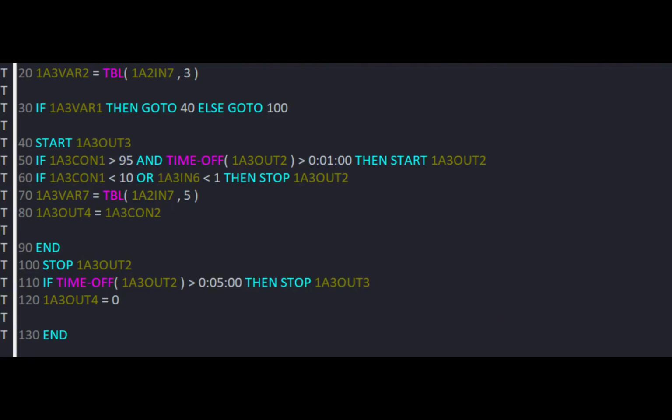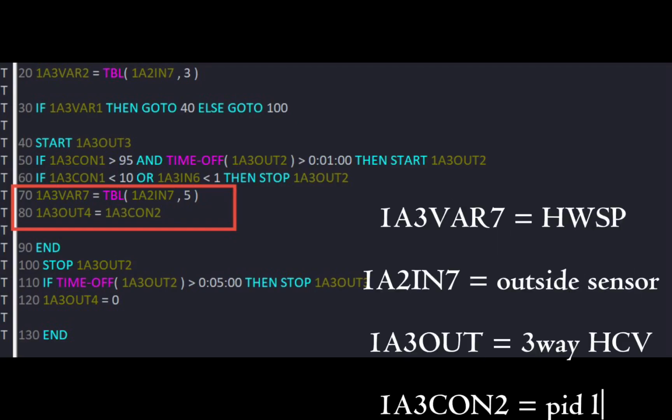If you look at line 70 for 1A3 VAR7, that is your hot water set point. So hot water set point comes from the table that's related to outside air temperature, and 1A3 CON 2,